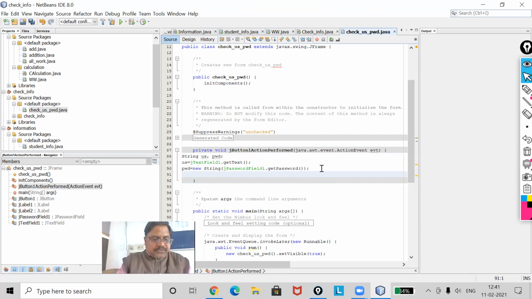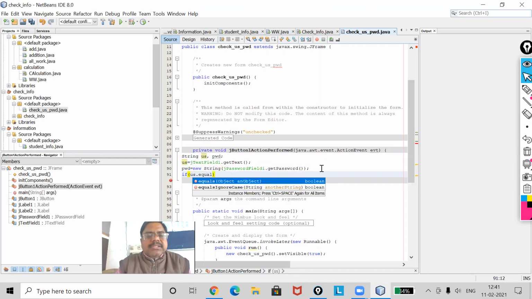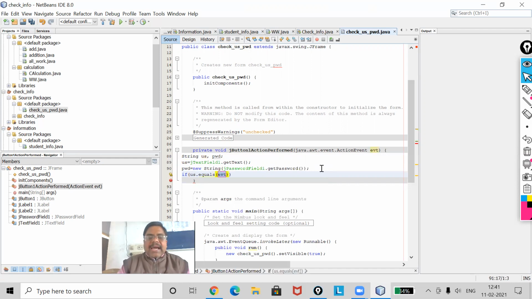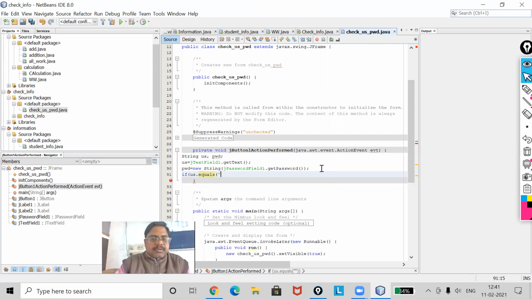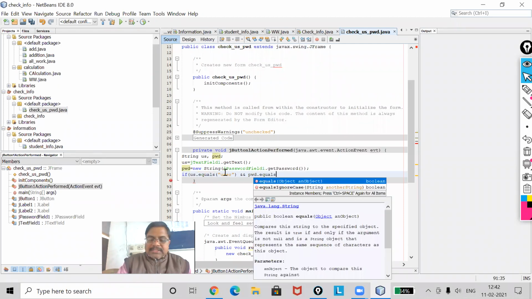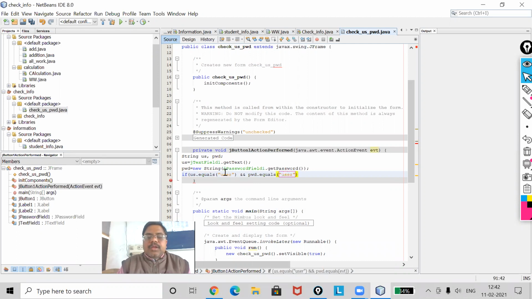So I'm going to use if: if US dot equals user, and PWD dot equals, that is also user.